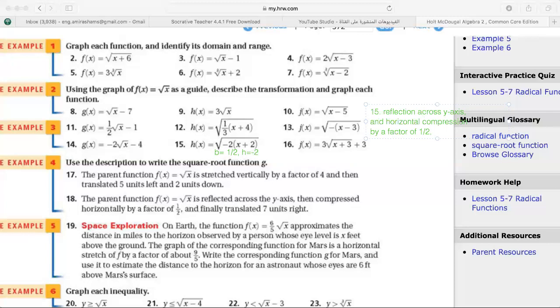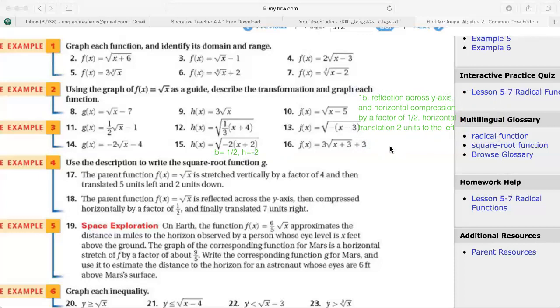And I have here also horizontal translation 2 units to the right, to the left, sorry. Each time I got confused. To the left, because h is negative. Okay,